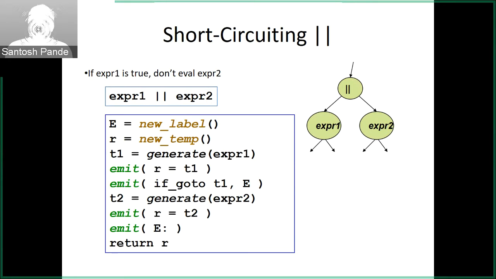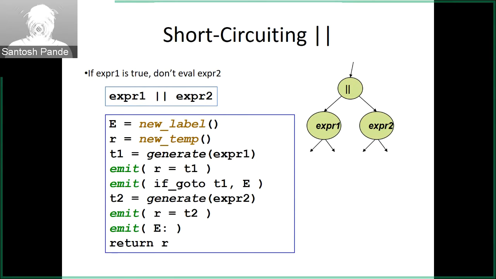And again, depending on the outer operator, something similar will happen if it's a short circuit operator. If it's not, then it will continue in the regular way. It will evaluate both sides of the trees, and it will then group it together just like what was shown earlier in a non-short circuit manner. So is this part clear about the short circuit operator implementation? It's very simple, but you can see that it does have a control flow generated here